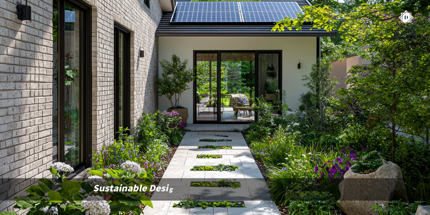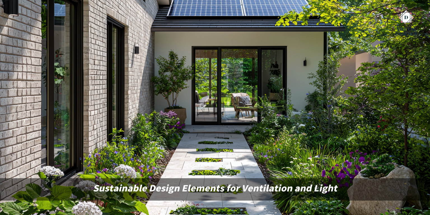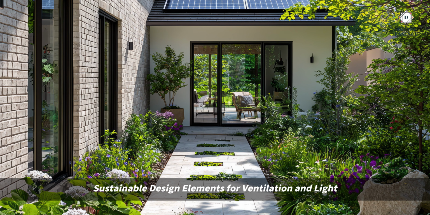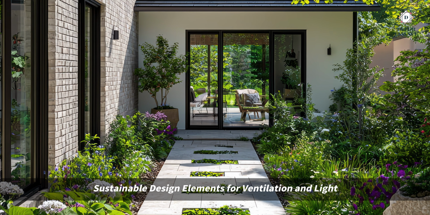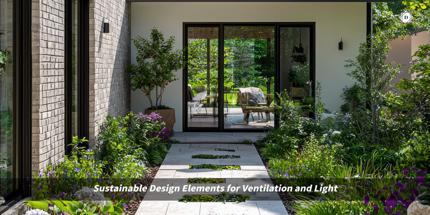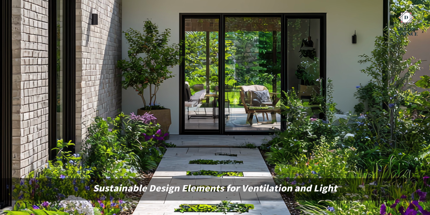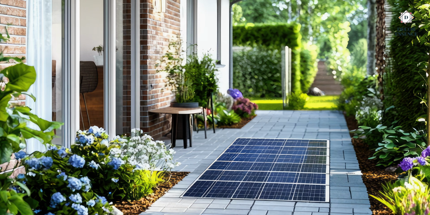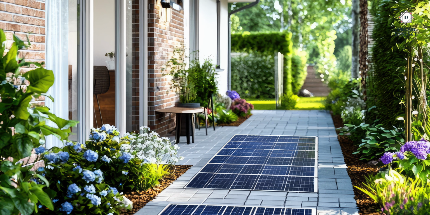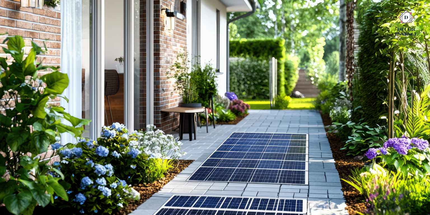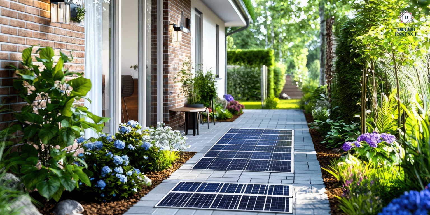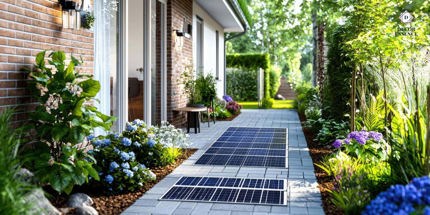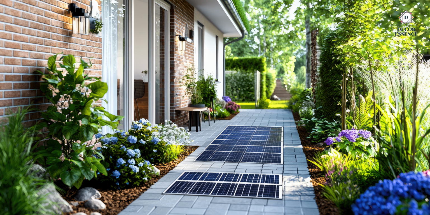Sustainable design elements for ventilation and light. Sustainability is a key consideration when designing homes for narrow lots. Maximizing natural light and ventilation means reducing reliance on artificial lighting and air conditioning, making your home more energy efficient. Incorporating passive design techniques, such as using thermal mass materials like concrete or brick that absorb and slowly release heat, can help regulate the internal temperature. Additionally, using eco-friendly insulation in the walls and ceilings ensures the house remains comfortable year-round, even without constant reliance on